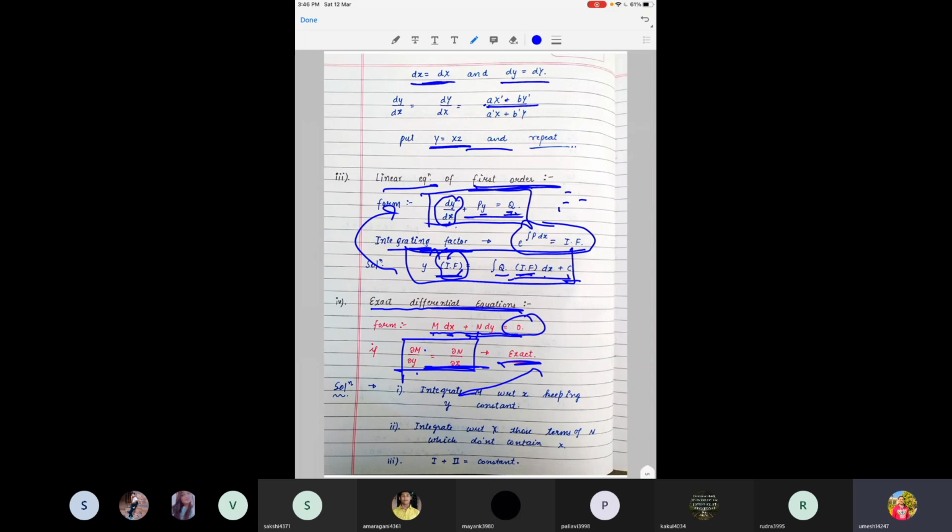Okay, we will be doing this type, the inexact differential equation, in tomorrow's class only. Here we first have to cover the exact differential. Okay, so if some equation is exact, we have just three steps to solve it. First, we have to integrate m with respect to x. Like we have m here, we will integrate it with respect to x,